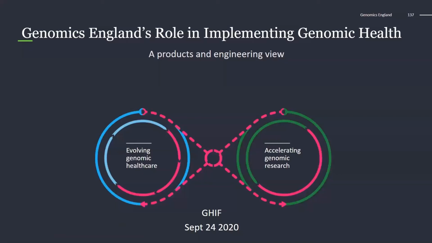So in Genomics England, we have two main aims. We are there to help evolve genomic healthcare in England and wider in the UK. And we do that primarily by serving the NHS as a diagnostics facility, where we have requests for analysis based on whole genome sequencing for patients with rare diseases and cancer. And we provide the full stack all the way back to results going to the labs.